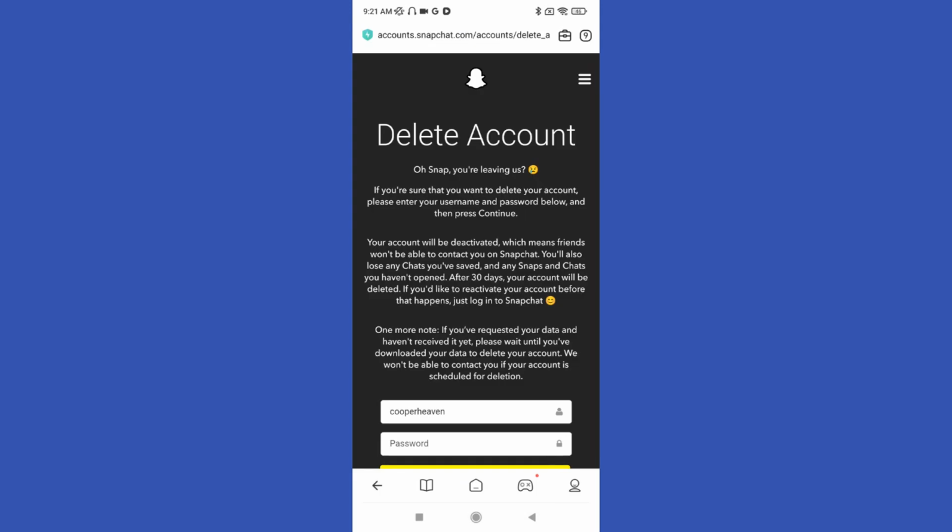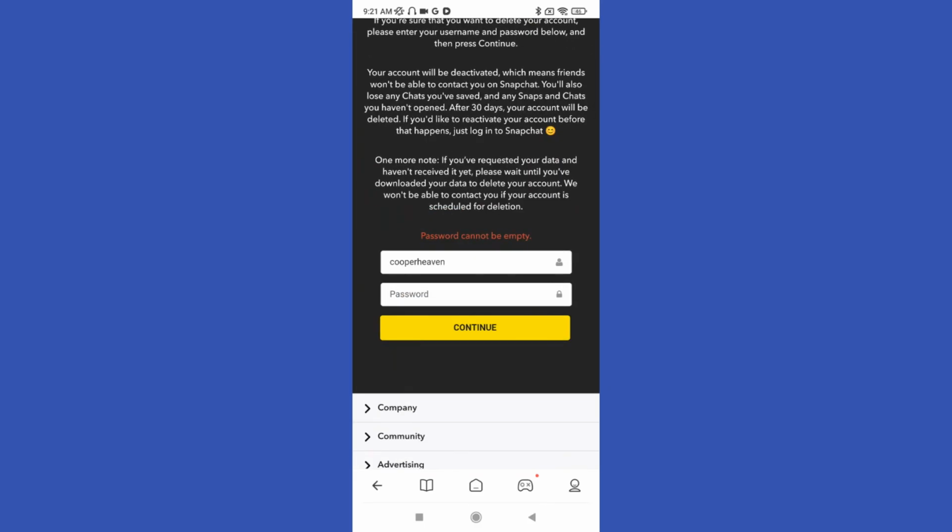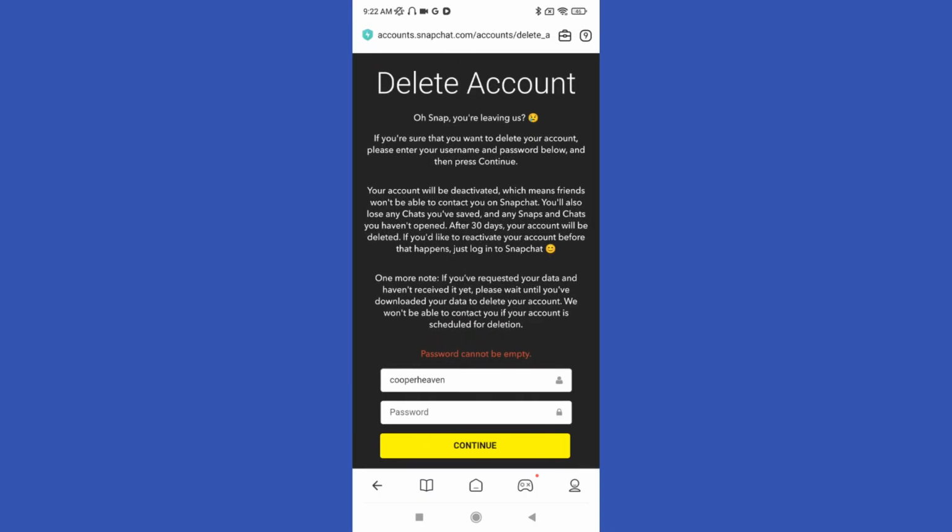Now that we wrote our password and username, we transfer to this page that says delete account. Just click there, and when you have to write your password again, okay, so remember that your account will be